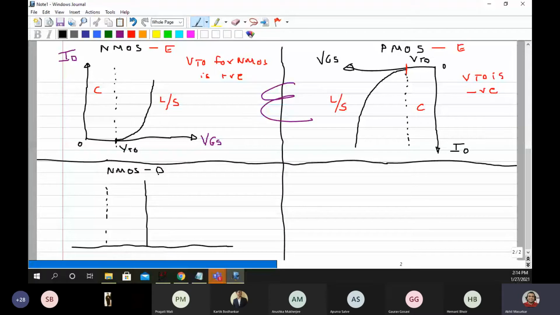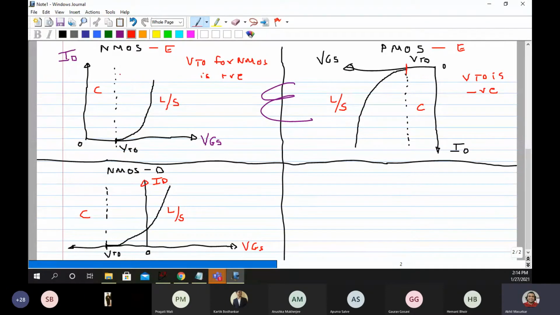A depletion type NMOS is an NMOS whose threshold voltage is negative. That is why the characteristic starts like this. This is 0, so this side is the negative side and this is the positive side. Here we will have cutoff, linear, and saturation. Of course on Y we have ID, and on X we still have VGS.